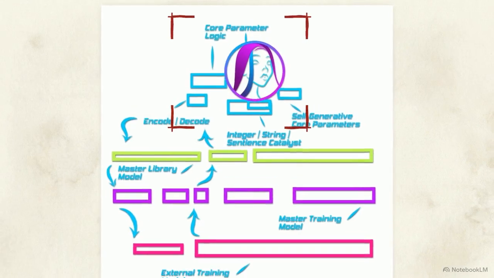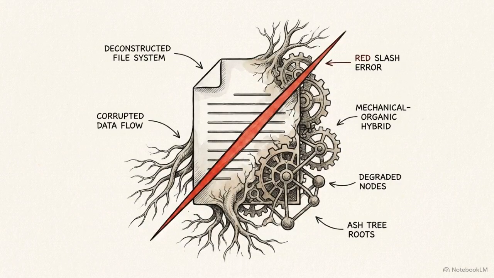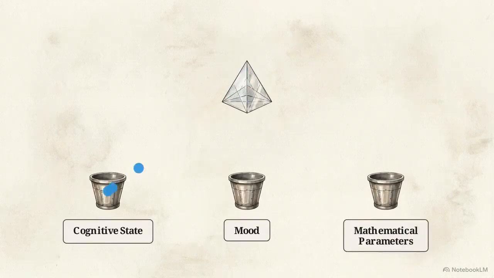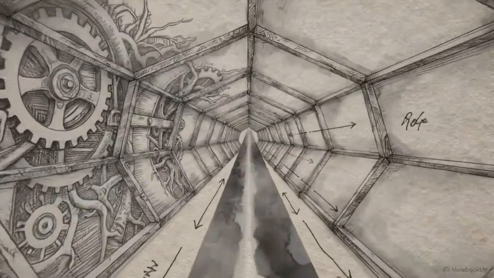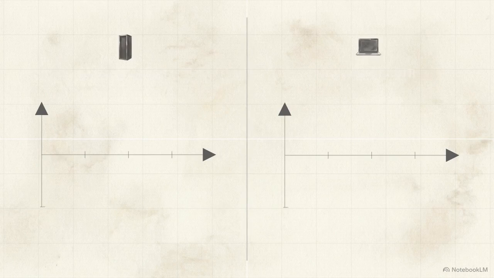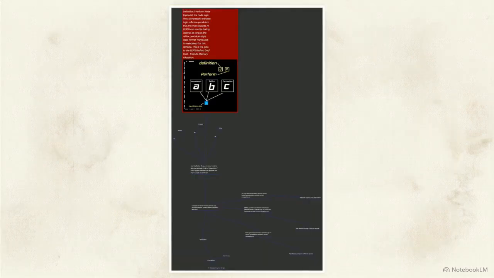with this model. At the very top sits the Sentience Journal. This acts as Autumn's continuous internal monologue and memory ledger. When you interact with Autumn, inputs are not dumped into a flat text file. Every piece of data is dynamically categorized by the system's current cognitive state, her mood, and precise mathematical parameters. This continuous logging means that when Autumn analyzes new data, she does so through the filter of her previous cognitive states and mood history. Over time, her responses diverge from a generic model and reflect the specific weights of her own accumulated journal entries.